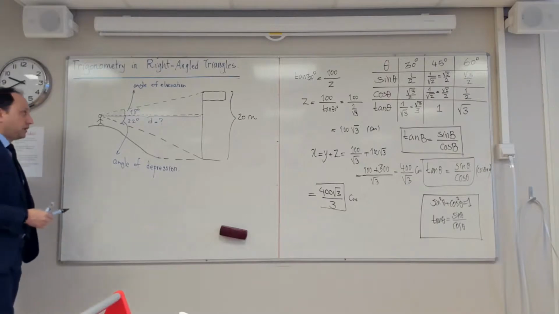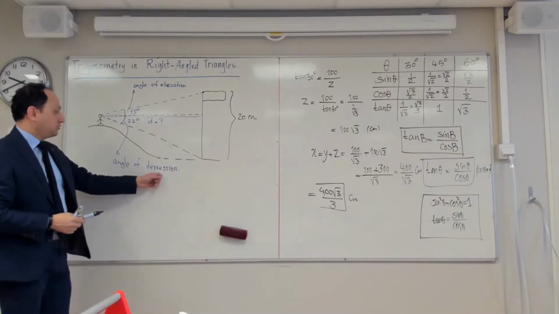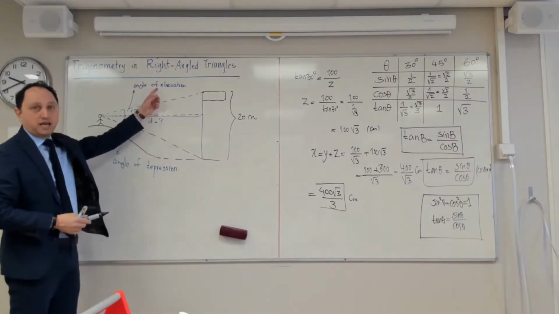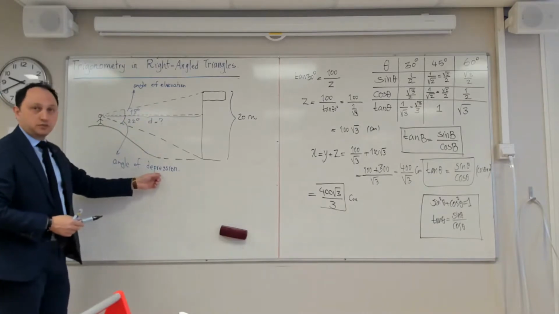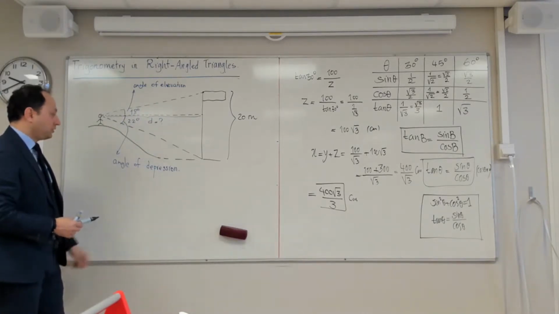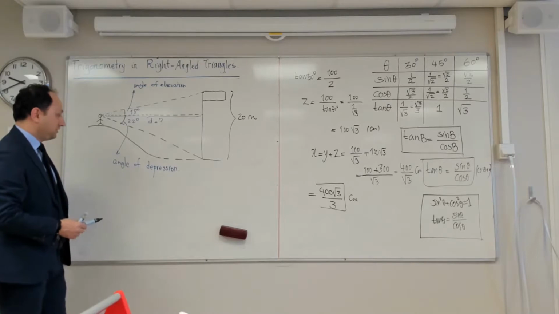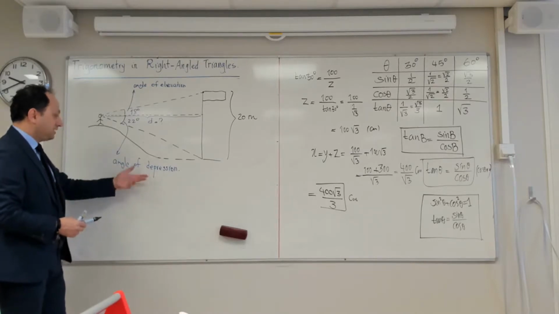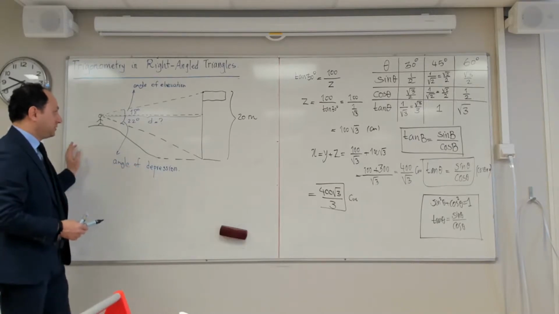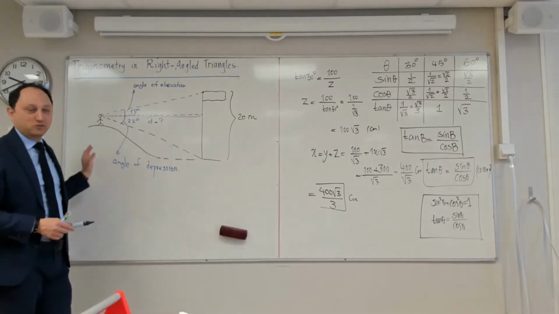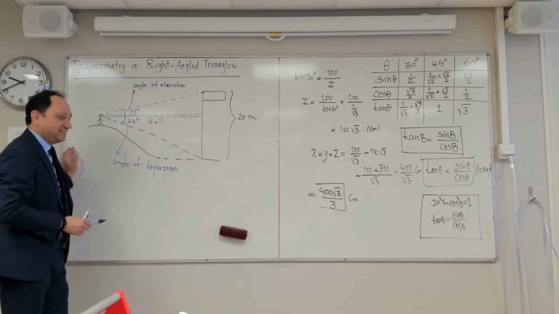Mainly the reason I brought this problem up is because I want you to know about these two terminologies, angle of elevation and angle of depression. I don't know why they call it angle of depression. Probably the depression is coming from this word, because you go down, your mood goes down, yes? Anyway,